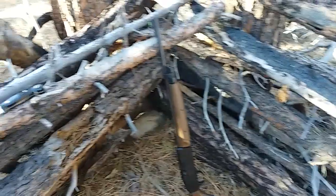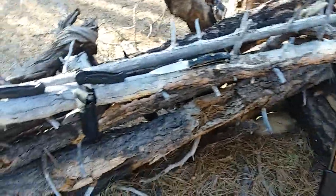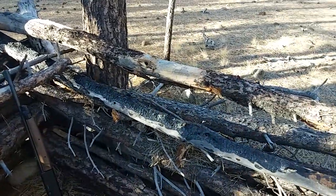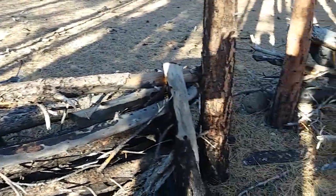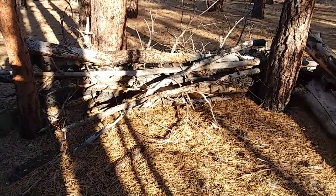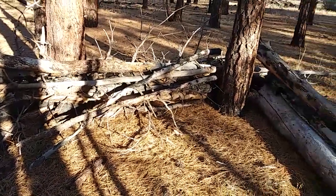Of course, granted, that's only if Lewis and Clark are around within the last 10 years. Because I know this area has been burned and somebody built it since it was burned. So it's 10 years or younger, and just looking at it, I think it's from this last year, perhaps 2 years. But anyway,